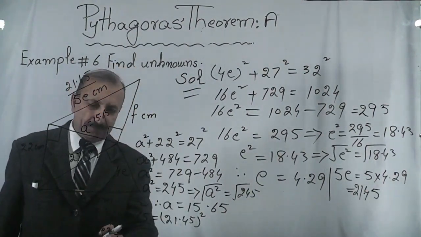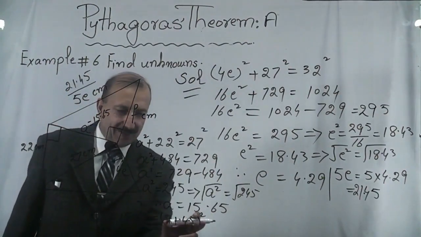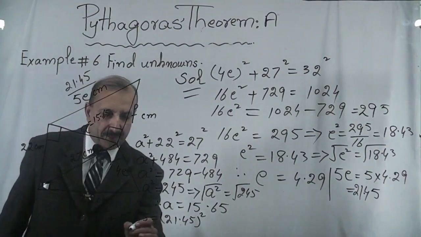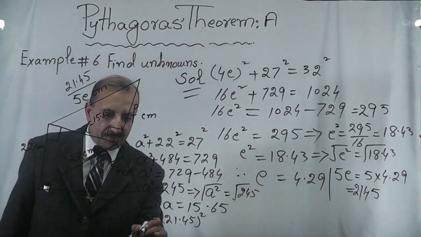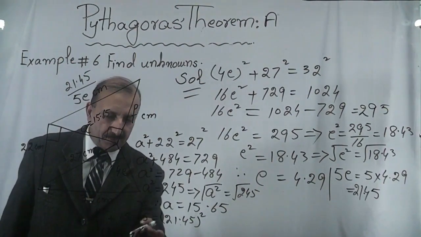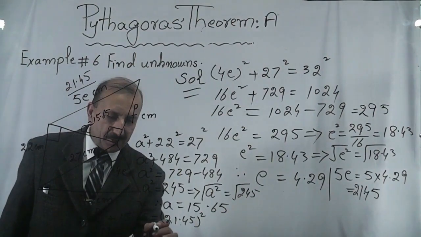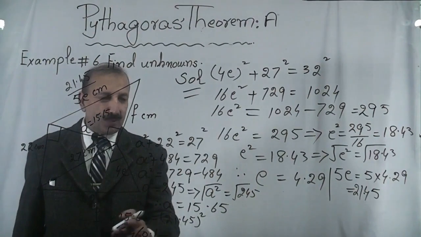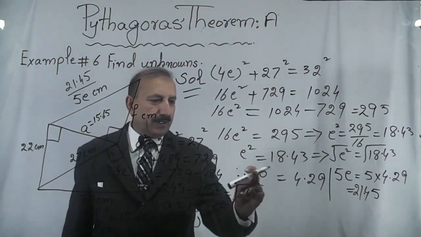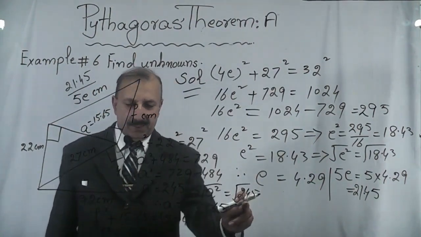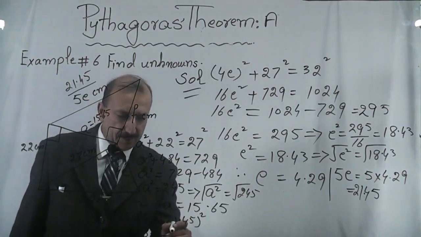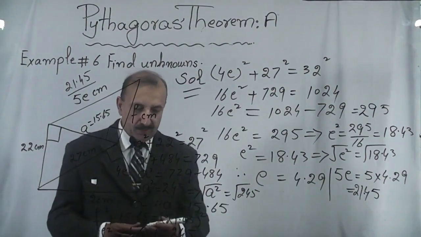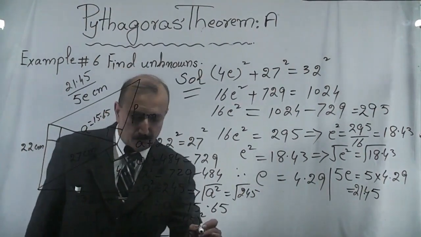So f square is equal to, let's write the square of this, this is 460.1 minus, as I told you, the square of the square root of this number here is 245, and we can utilize this 245 from here, and when we subtract it we will get,